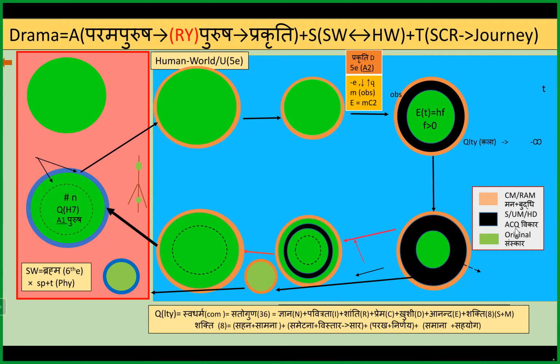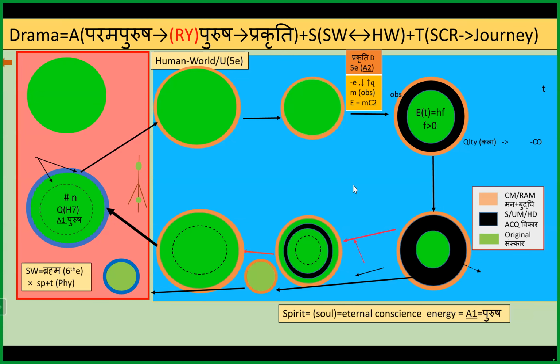And this original sanskar, which is the original Gun, we have already seen. And while we play the part in the hard disk, acquired sanskars are generated, and this is our subconscious and unconscious mind. So this is the key to spirituality. There are 2 scripts for every soul. The dotted line is the soul conscious script, and the blue is the body conscious script, and these scripts are executed when you travel into the human world.